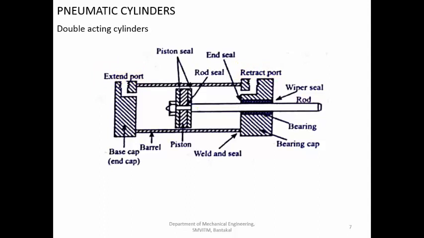Again, you have different types of seals here, and another seal here. Then this is the barrel. The barrel can be made of aluminum in the case of pneumatic systems, because the pressure is operated at a lower end, maybe 6 bar or 10 bar. But in hydraulics, the pressure can be as high as 100 bar or 200 bar. So the construction will be on the heavier side for hydraulic systems, and on the simpler side for pneumatic systems. So that is a double acting cylinder of the pneumatic system. The functioning of the various elements and other things is the same.